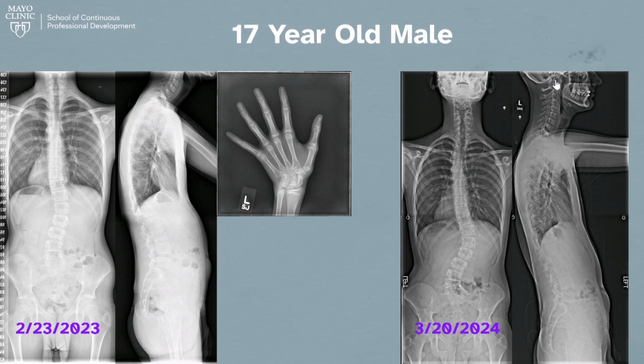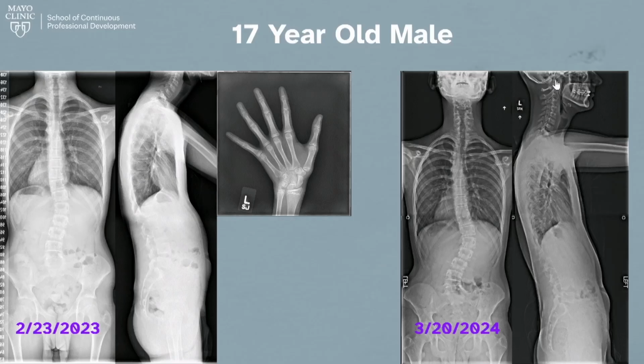So this is just a case illustration of a 17-year-old who initially presented to the clinic. They initially presented when they were 16 with a small deformity. They were a junior in high school, and we decided to follow them in time, and then ultimately they had a little bit of a progression during their senior year. The consideration is what to do for this patient who, in the next year, is going to go off to college and may or may not be lost to follow-up or move out of state. How do we really address and treat these patients?